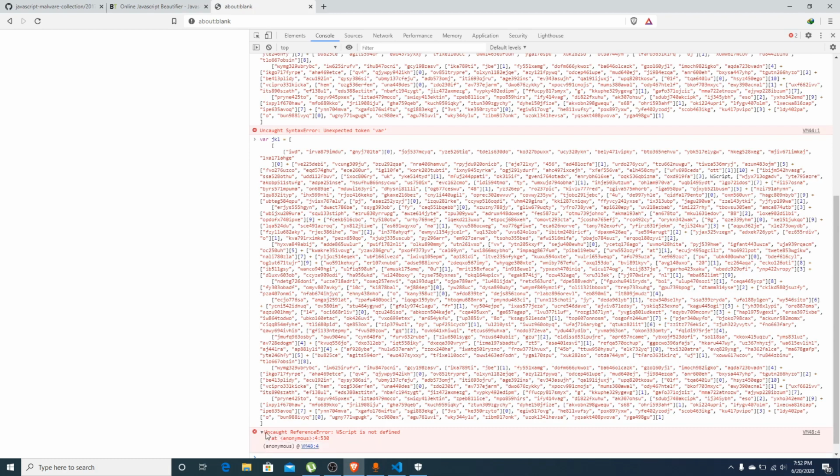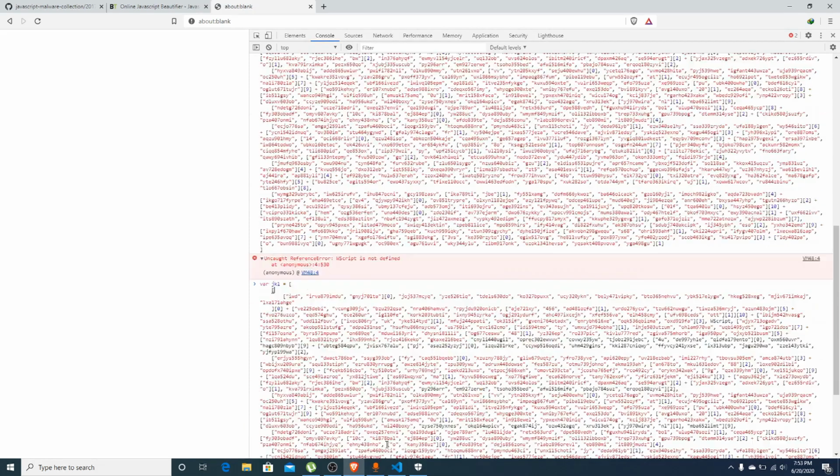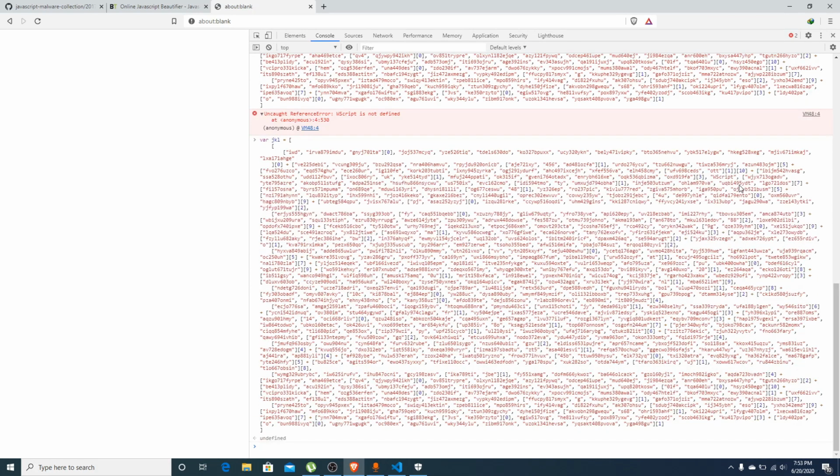So this is getting WS script and there is no reference to it. So what is it doing basically? So what if I put this WS script inside the double quotation? Okay, so if I log this out,